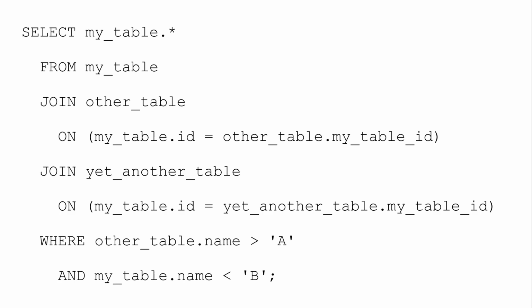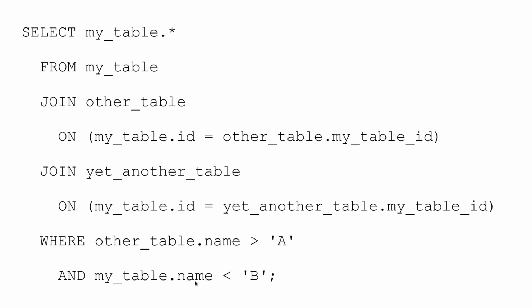the possible planning trees that can be generated, there will be trees that contain another table as the first table that's joined, or yet another table as the first table that's joined. And depending on, for example, how many rows are contained in each one, it might be beneficial to join one rather than another first. Or, for example, applying the where conditions in a different order. So, for example, filtering by my table name